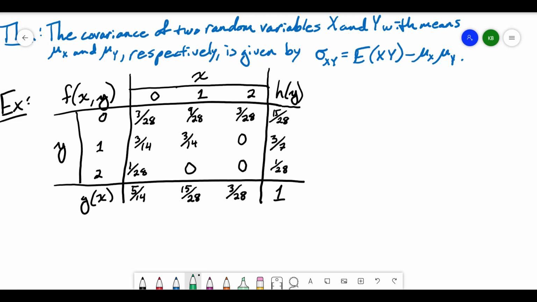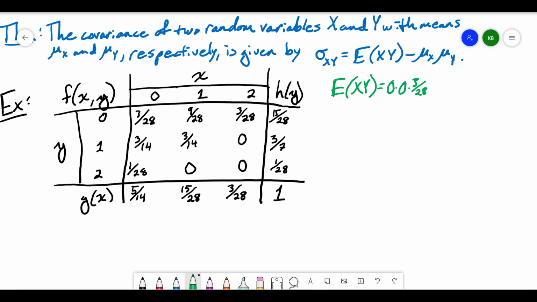If we want to find the covariance of our random variables x and y that are given here with their joint probability distribution for these discrete random variables. Now the expected value of the product of x and y is given by x times y times the value of the joint probability distribution for each possible pairing of x and y, all added together. So I'll have 0 times 0 times 3/28,